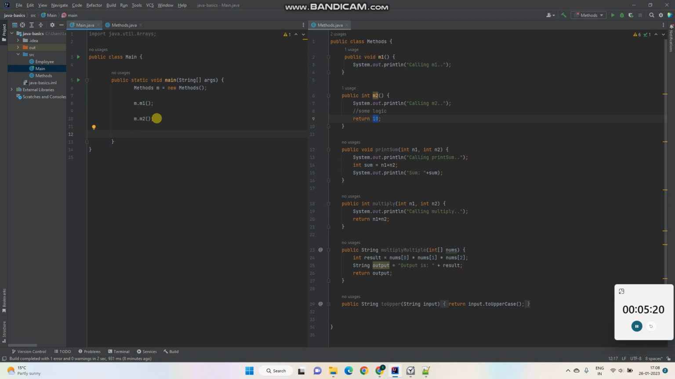So for example, this is an integer value, so main can declare another local variable, let's say result in this case, and m.m2, and then it can do anything. So maybe I just want to print the double of the return value. So if we run the program,